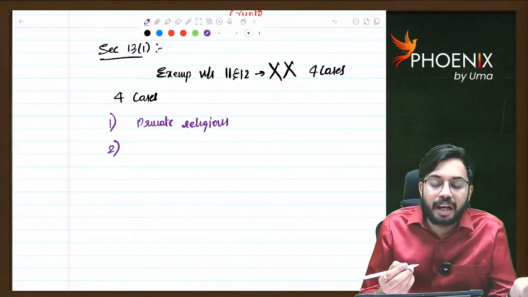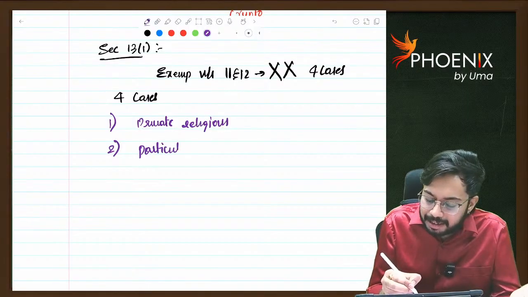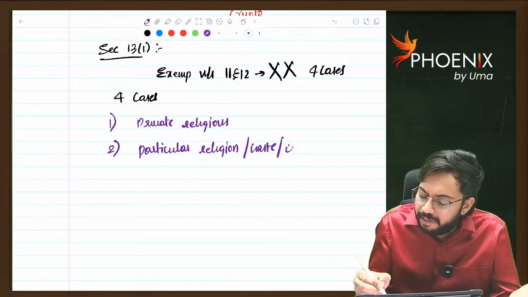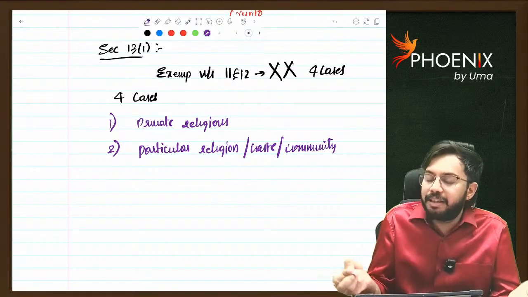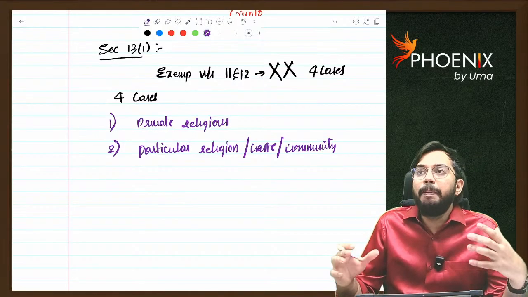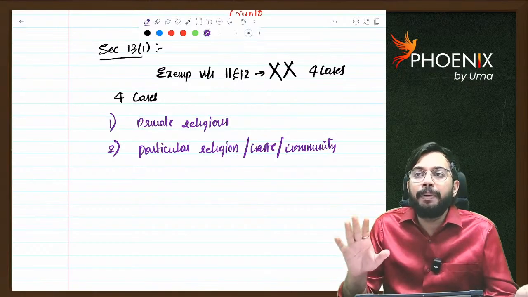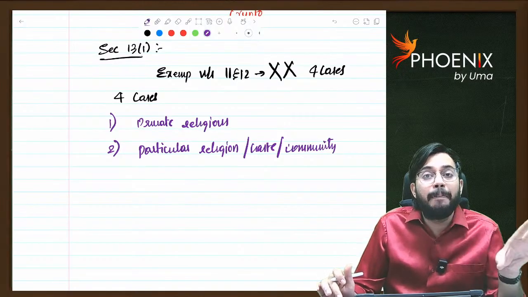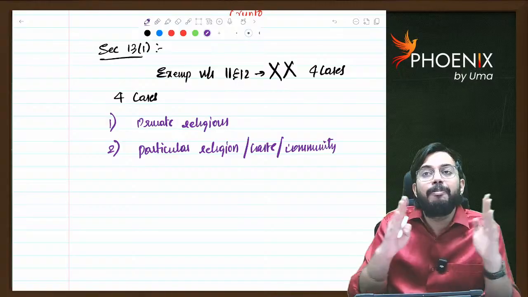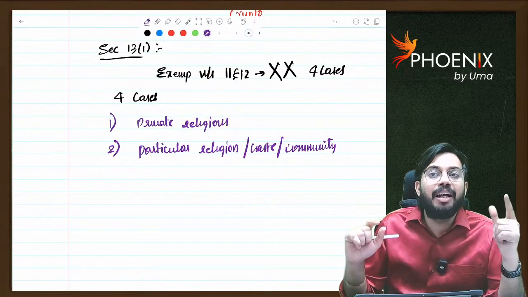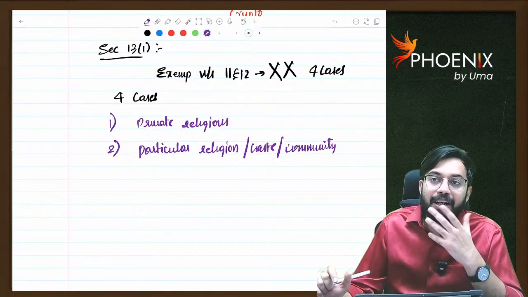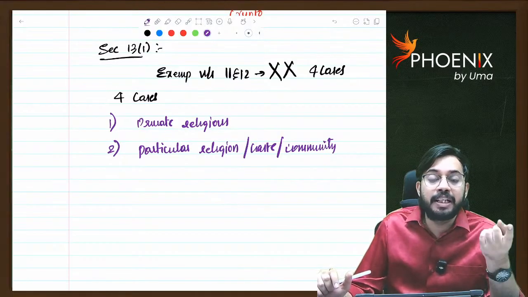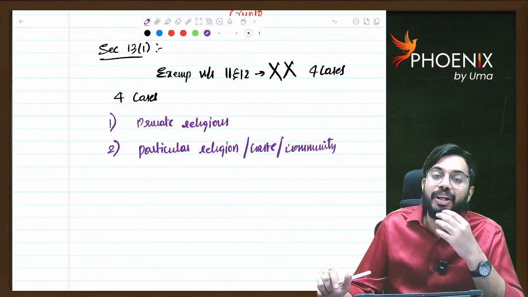If you establish any trust for a particular religion or caste or community, that trust is also not eligible for exemption under sections 11 and 12. Let's say I built one temple, and I said only Hindus are allowed, others are not allowed. That's why you will never see in any temple a notice that only Hindus are allowed. If such a placard or notice is given, that trust is not eligible for 11 and 12 exemption. In TTD, can you see anywhere that only Hindus are allowed? No, they will not give that disclosure. If such disclosure is given, it will lose the status of section 11 and 12 exemption.